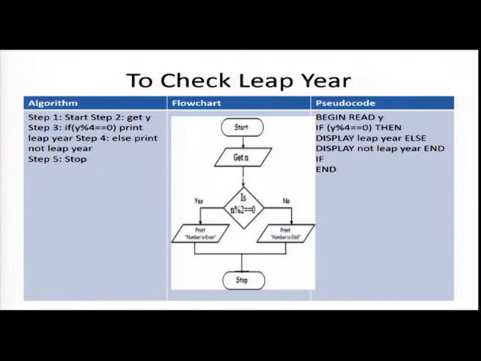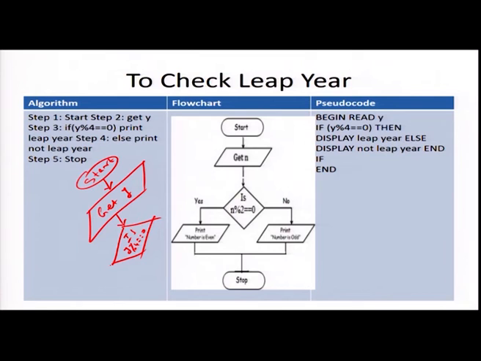This is how you write it. You start, then you get the value of year, then you check whether y mod 4 equals 0. If yes, you print leap year. If no, not a leap year, then you stop. This is how you